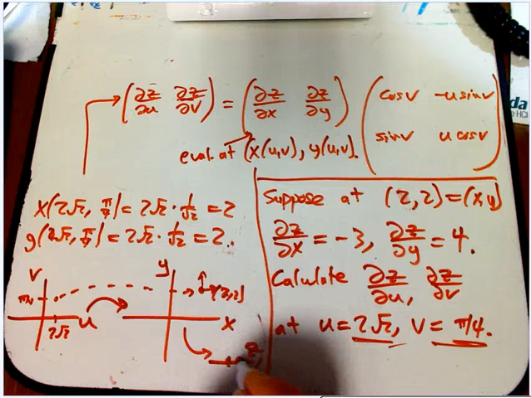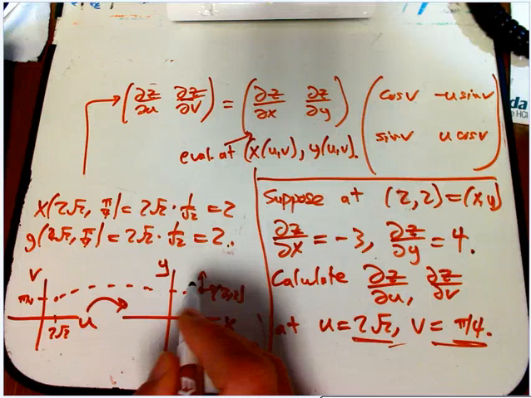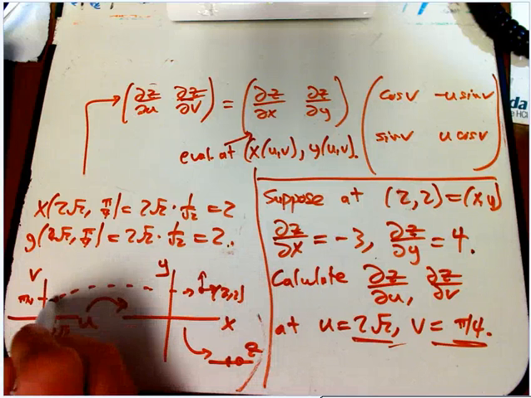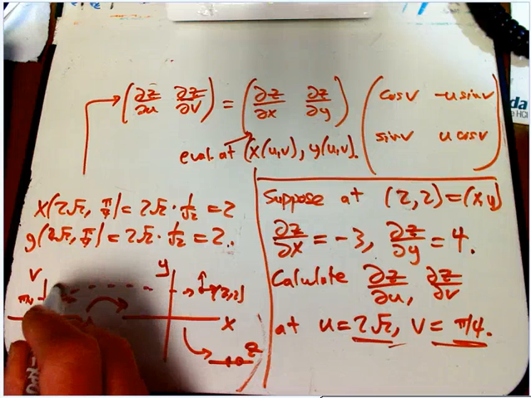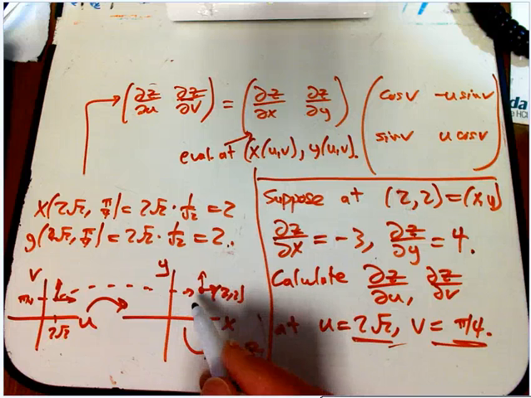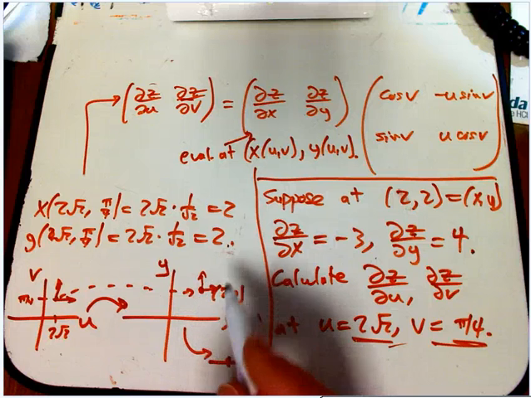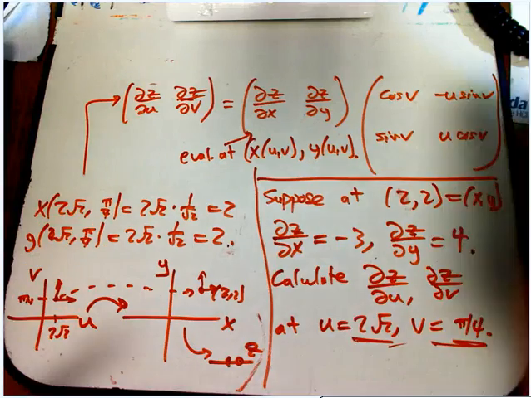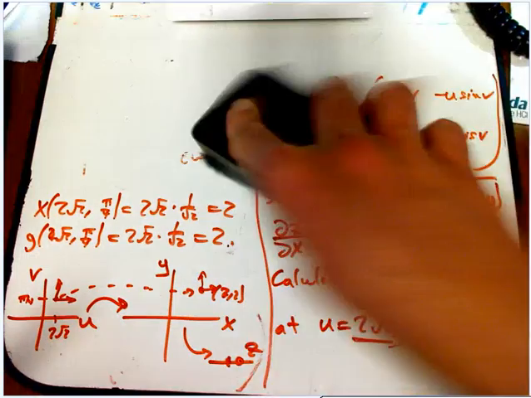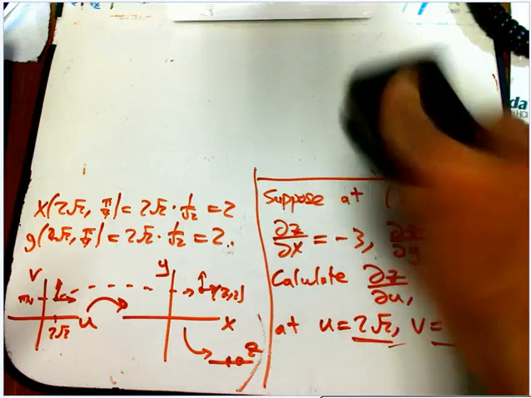We're thinking about how this quantity z, because it depends on x and y, and because x and y depend on u and v, changes when I change u or v. When I go this way in u and this way in v, that's going to do something more interesting in here, and we'll talk about exactly what it does. And how does that affect z? Let's just look at the numerical calculation first, before we get into the geometry,